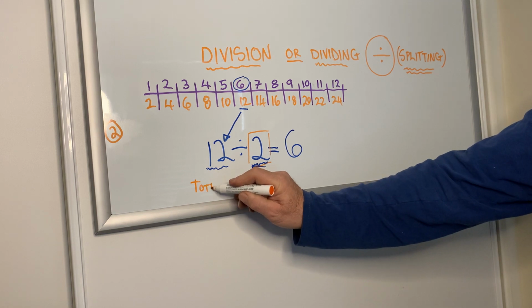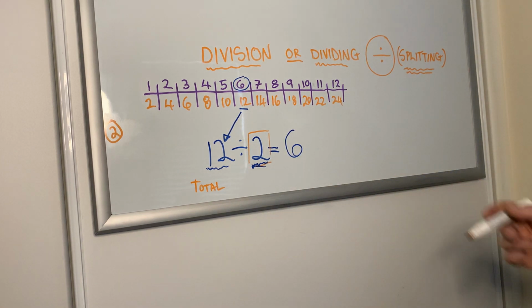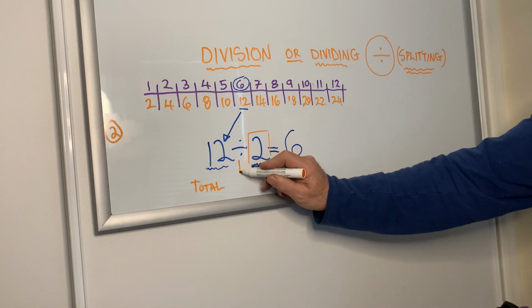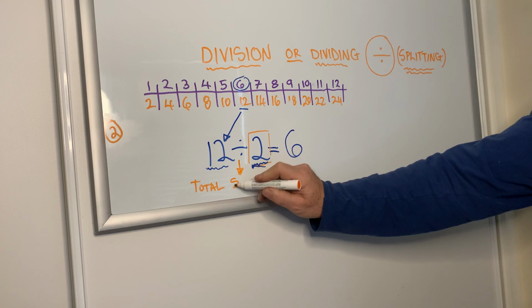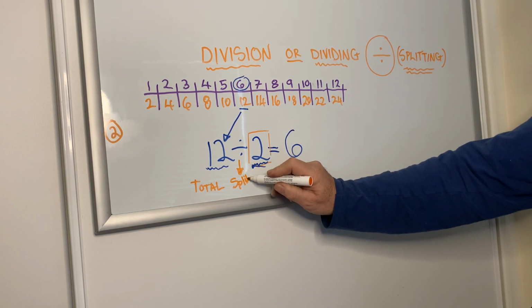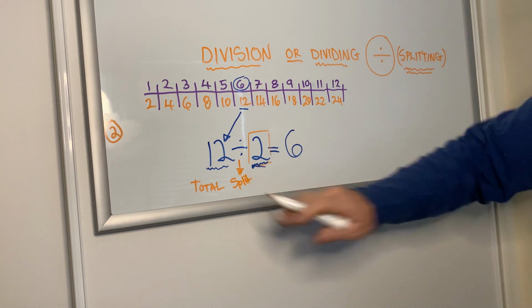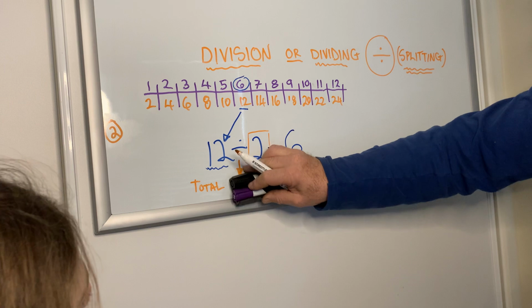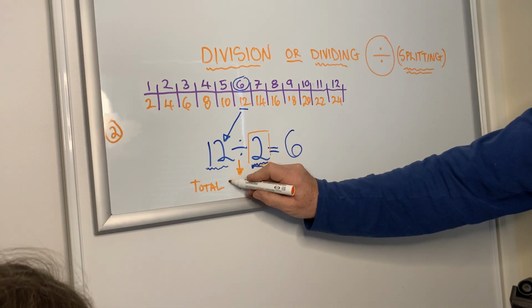Even if you want to call it a total of 12 buttons or a total of 12 lollies, whichever way you want to call it. And I want to split it in half. Yeah, exactly right. In this instance, we're going to split it in half, or in two. Yeah, split it in two. Oh, that's good, Logan. So we're going to split it